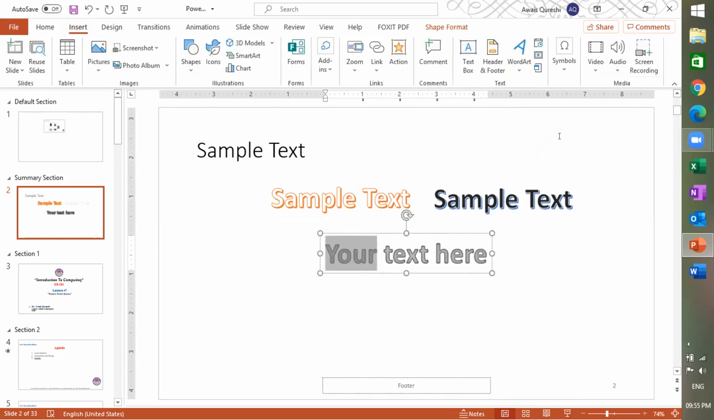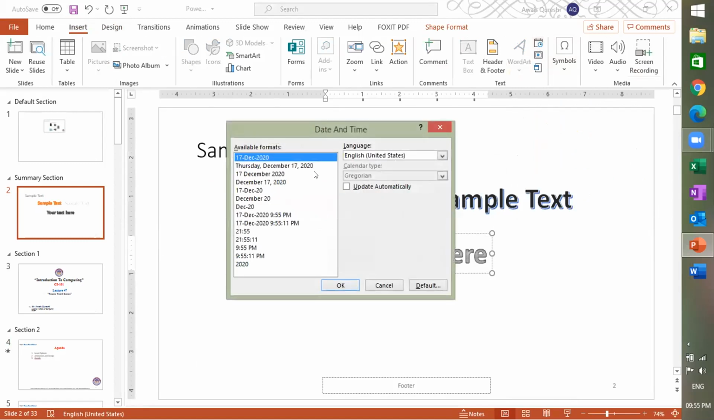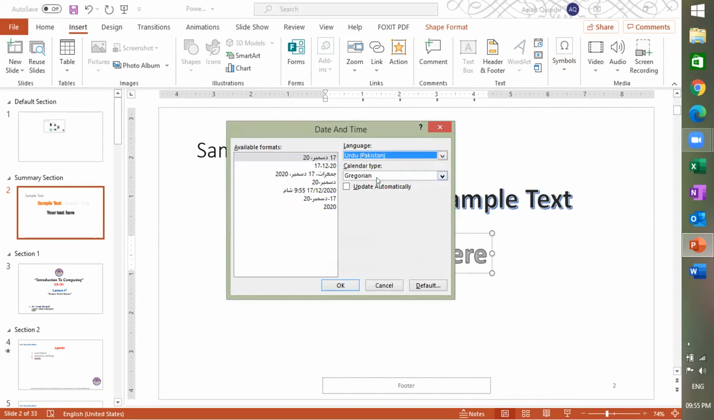And let's see what other options are available. This is for date and time. If you want to add date to your slides, you can use different date formats. Currently, it is United States format. There are multiple languages of Pakistan. You can add dates in this fashion, and there are other calendars available. Hijri calendar is available over here, and al Qura calendar is available over here. So three different calendars,